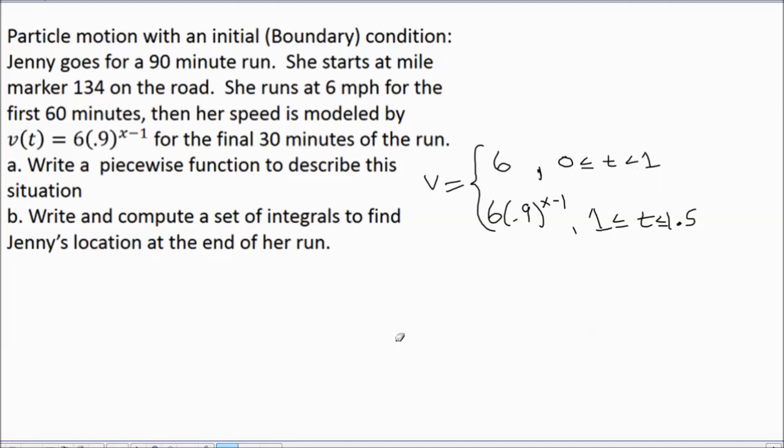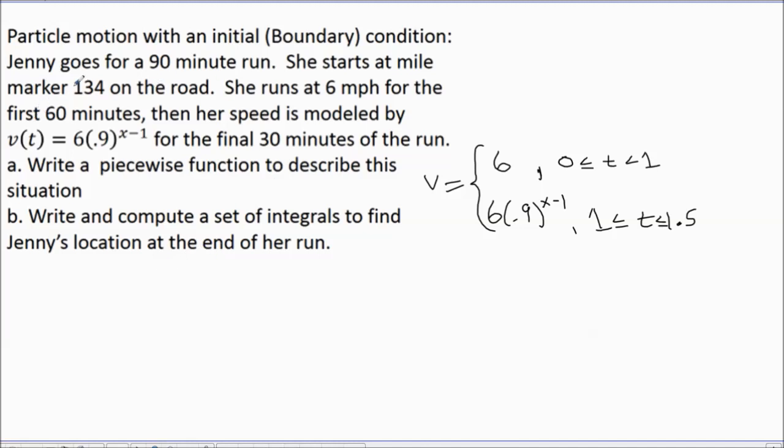So that's what I'm going to erase. But that's part A. Okay, part A is done. Let's go to part B. We want to write and compute a set of integrals that finds Jenny's location at the end of her run. Awesome. Okay. And so if we're going to know where she is at the end of her run, and we mean milepost,